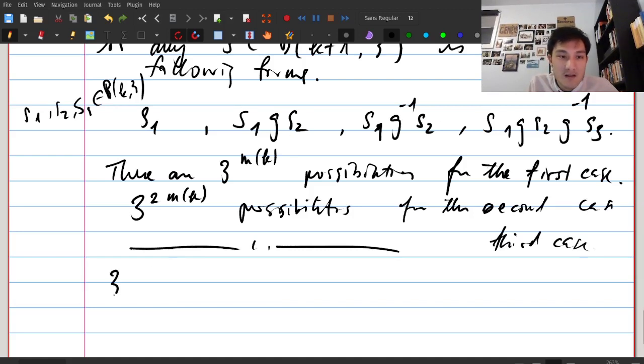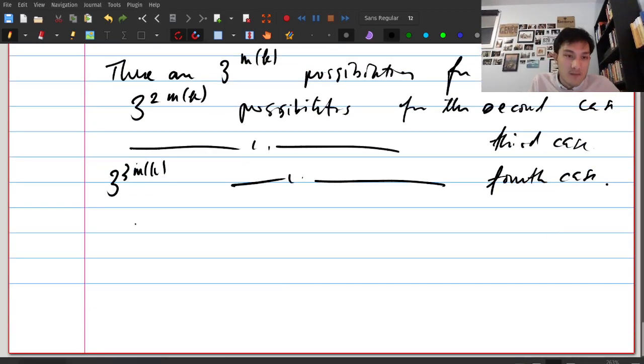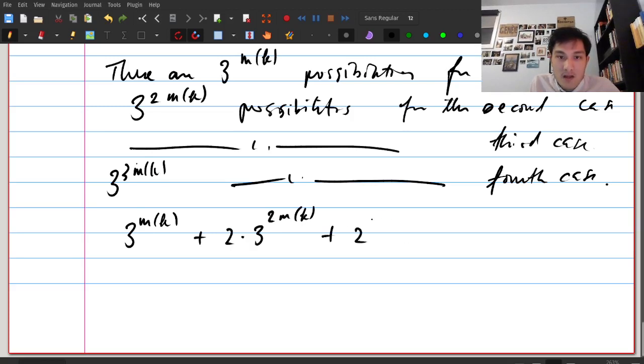And then 3 to the 3MK for the fourth case. Okay, so all in all, there are 3 to the MK plus 2 times 3 to the 2MK plus, sorry, there's not 2 times here, it's only 3 to the 3MK